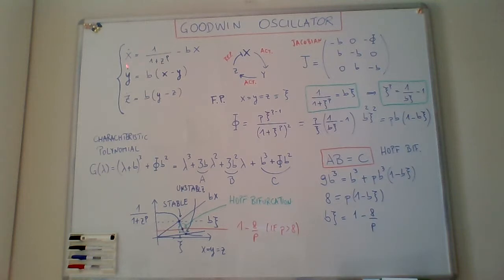Okay, so you see that each differential equation has a diagonal component minus b times x. This is the degradation rate of the variable x, minus b times y for the variable y, and minus b times z for the variable z. So this b is the degradation rate. For this variable it is also the synthesis rate. So if we look here, we see that the differential equation for y is linear, and for z